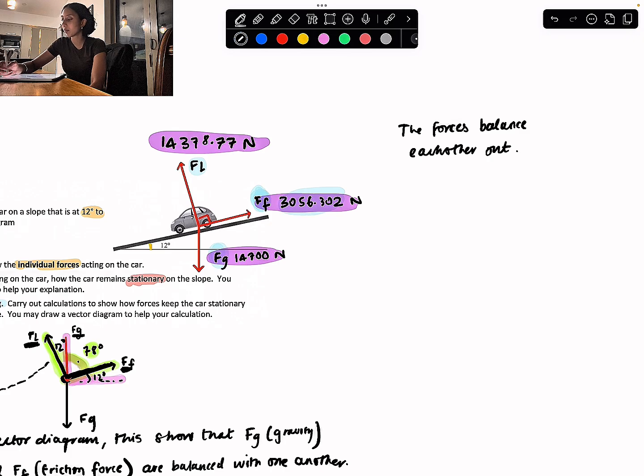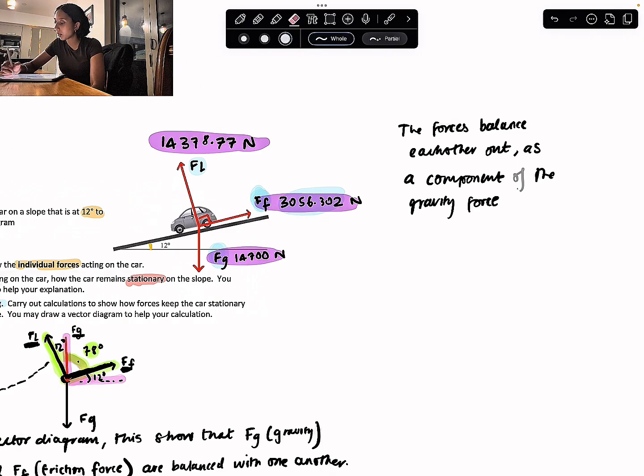How? A component of the gravity force will balance out the friction force,